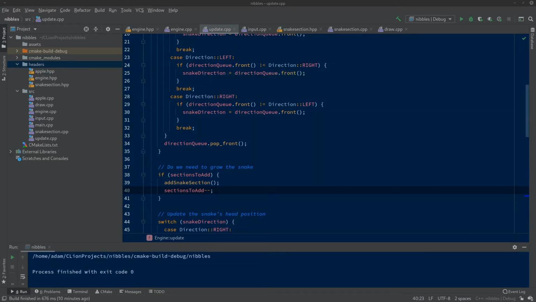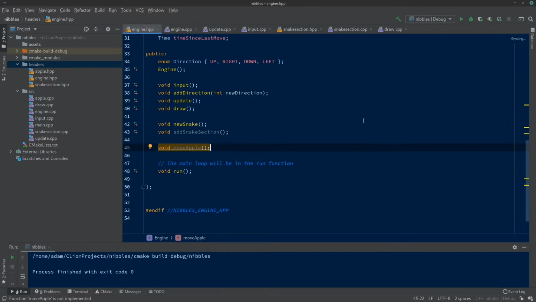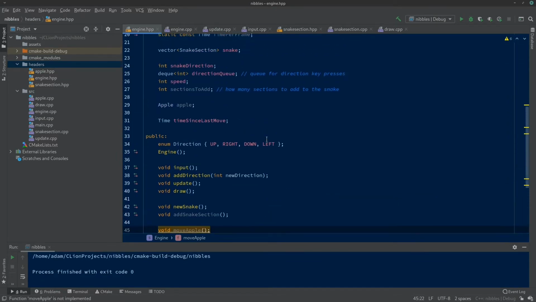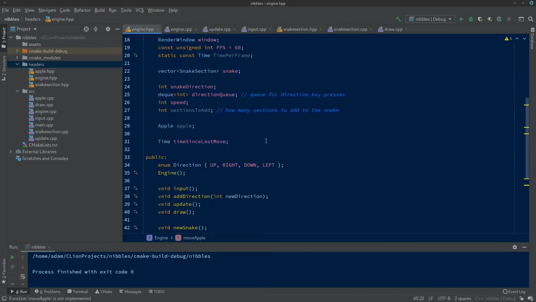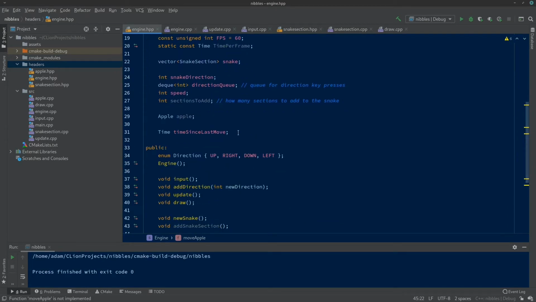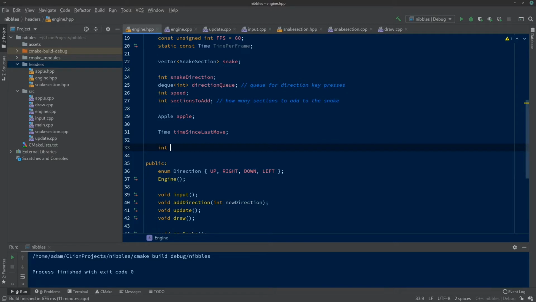First thing we'll do in this episode, we will add collision detection with the snake hitting its own body. But first, we need to add some game state so we know to switch the game into game over mode when the snake crashes. So in engine.hpp, we need to add, up under private, a new int,